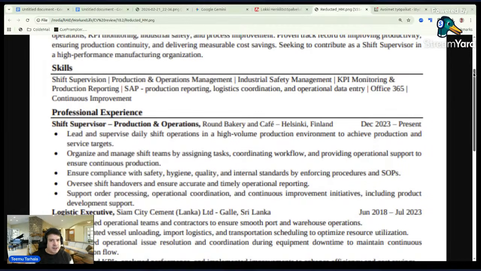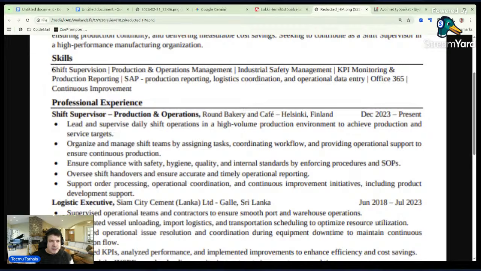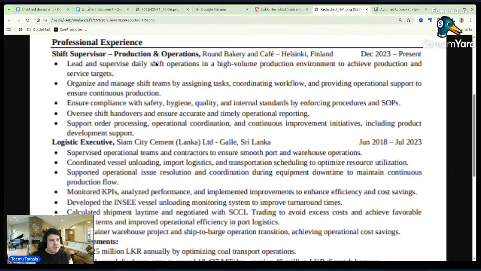Then skills. I would divide it into soft skills and professional skills. When we think about how people have to stand out, companies value a lot about soft skills. How are you good in management? Do you work in teams, or do you prefer individual work? We need that soft skill section. So let's add that one. Professional experience. Good. Here's a shift supervisor. Can't speak anymore. Getting late.